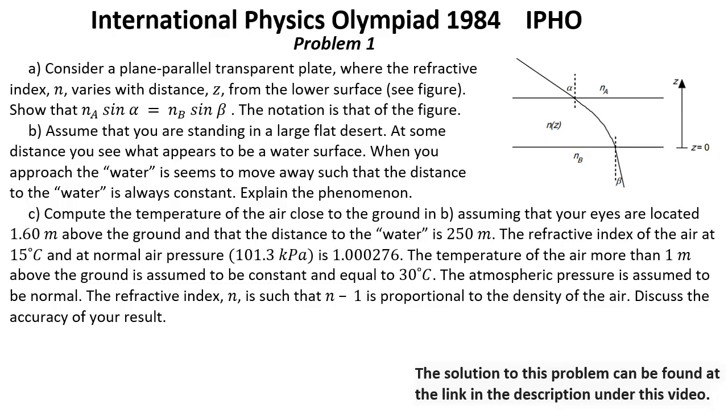Question C. Compute the temperature of the air close to the ground in B, assuming that your eyes are located 1.6 meters above the ground and that the distance to the water is 250 meters. The refractive index of the air at 15 degrees Celsius and at normal air pressure, 101.3 kilopascal, is